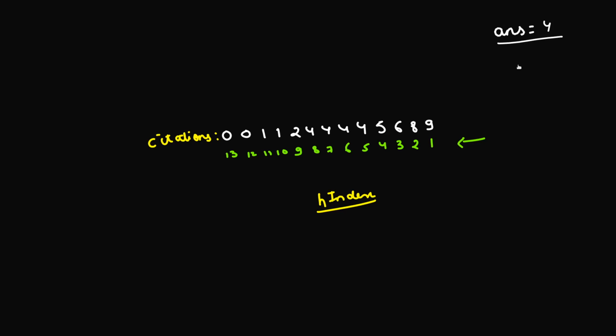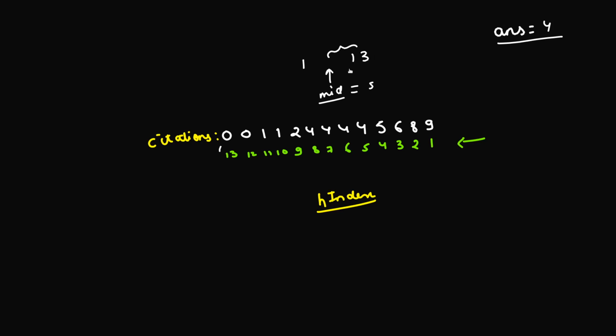Okay, so in short, what you'll be doing is, you'll be applying the binary search between 1 and whatever is the length of the array, which is 13, and whatever is the mid value that you obtain, you'll be checking whether the given mid value can be a possible H index or not. For this value mid to be an H index, you need to make sure that the last mid value, for example, if mid is 5, the last fifth value needs to be greater than or equal to 5. This is what you need to make sure. If that is possible, then we'll be looking to the upper region from mid plus 1 to 13.